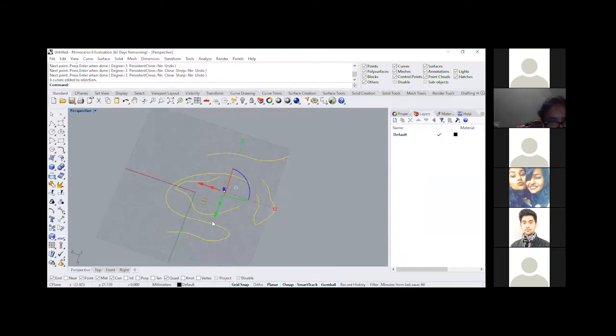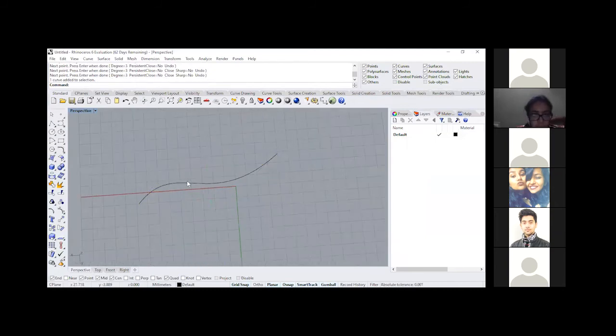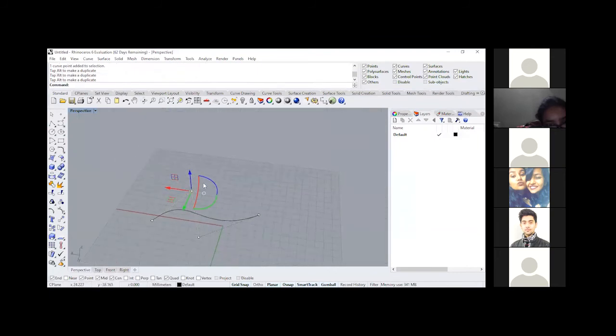Okay. Now, more specifically, I want to just show you the differences between these different types of curves. So first is the control point curve. What control point does is it basically creates a profile of curve based on the points that we are selecting. These points that we are selecting are called the control points. And what this means is that if you happen to select any one of these points and you happen to move,